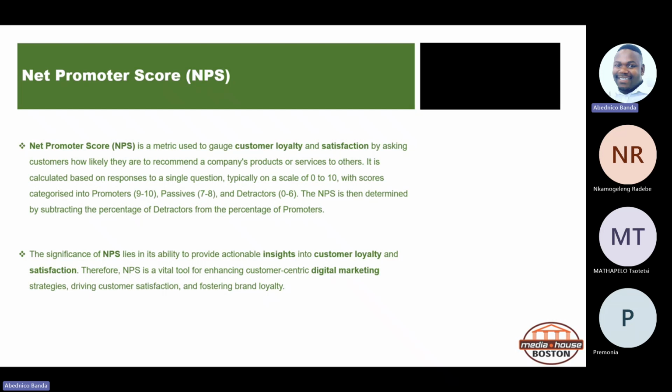So yes, I get you, Nkamo. It can be tricky, especially when you are not getting the right answers. But that does not mean that you do not have to keep on asking how well you are treating others. Matapelo, Primonia, do you guys do that? Honestly, sometimes, not all the time. But do you see, guys, that it will be a good exercise if you want the relationship to last? Remember, we are talking about customer relationship management, meaning you want to maintain a long-term relationship with your brand.